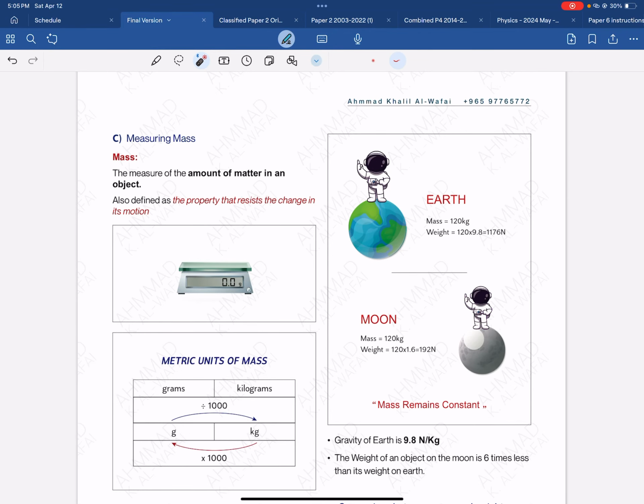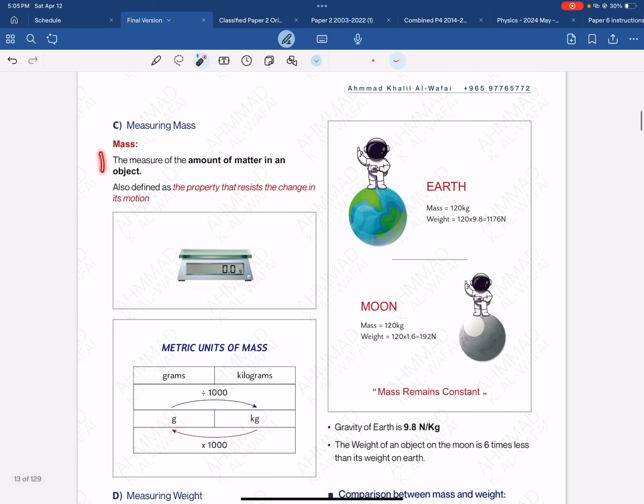All right, guys. So now we're going to talk about how to measure mass and how to connect it to the idea of weight. Mass in general is what you defined in year 7 and 8: the measure of the amount of matter in an object. Now in year 9 and 10, you also need to know it's the property that resists the change in an object's motion. Okay? To measure mass, we use a measuring balance or